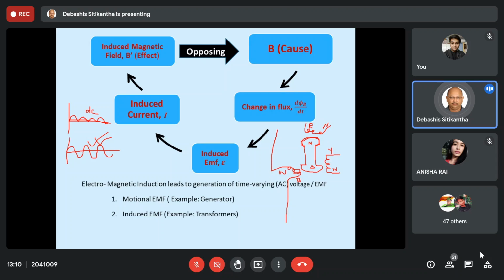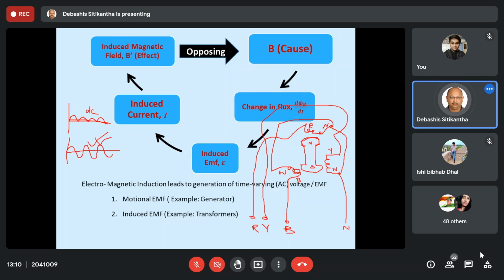All the neutral points are connected together and taken out. Similarly, your R point will be taken out like this and your Y point like this. So you have all the three phases over here, R, Y, B, followed by the neutral. This is how the generator is usually connected in our power plants. When there is a mechanical motion, for example in hydropower plants with hydro turbines, the flow of water from the dam is going to rotate something known as a prime mover.